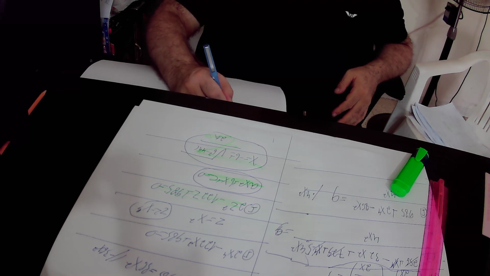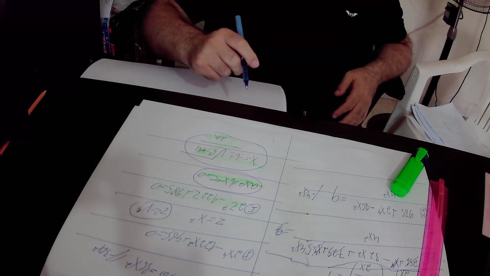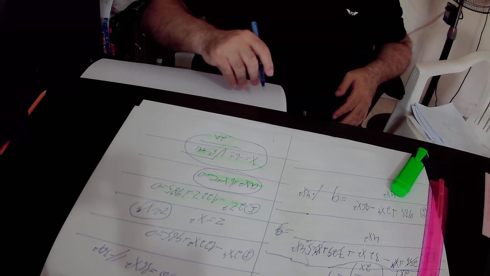So x equals z, so we substitute x by z in the formula for x. Okay,